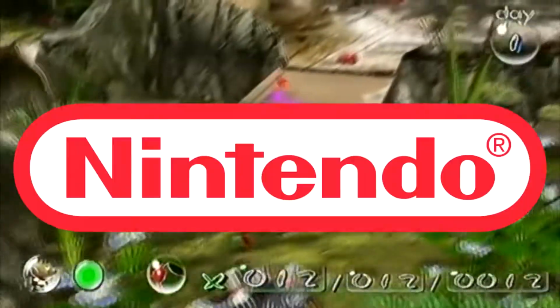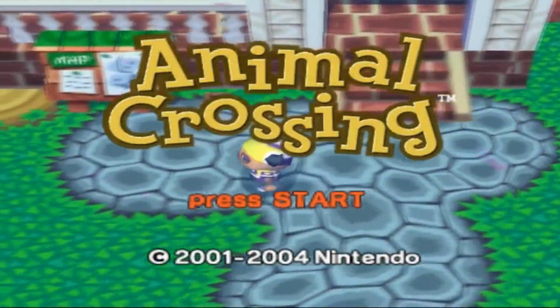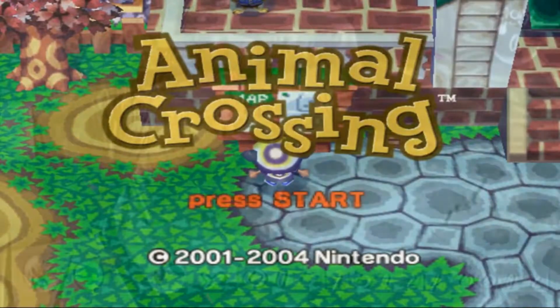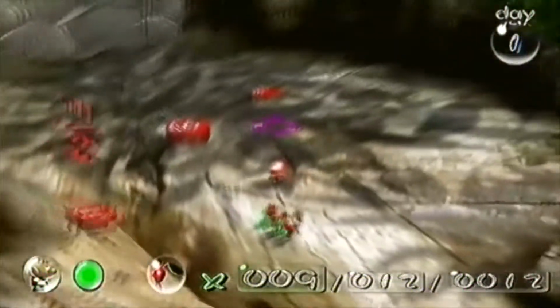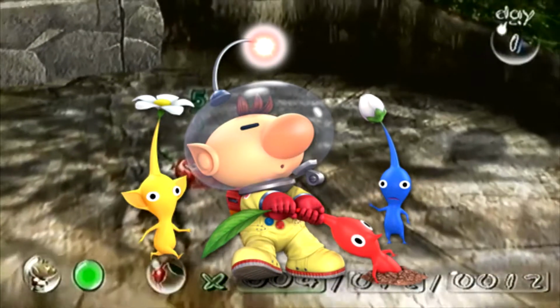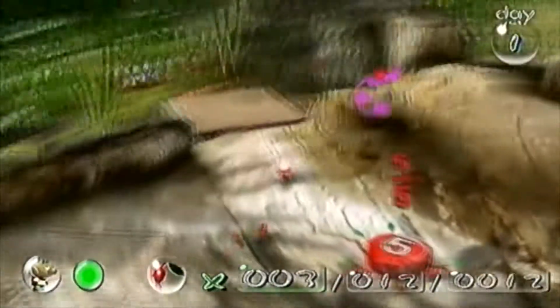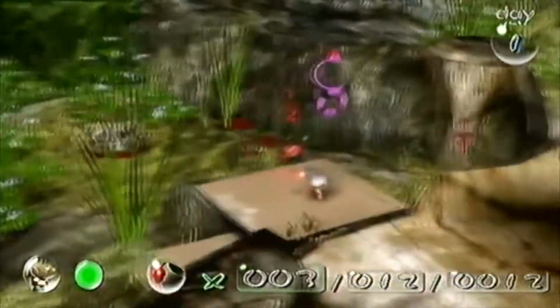In 2001, Nintendo and producer Shigeru Miyamoto. Wait. This sounds familiar. In 2001, Nintendo and producer Takashi Tezuka released Animal Crossing? Let's roll with it. Pikmin was created for the Nintendo GameCube as the debut of Captain Olimar and his Pikmin friends. Nintendo describes this title as a real-time strategy game where the player manages a fleet of tiny seedling aliens